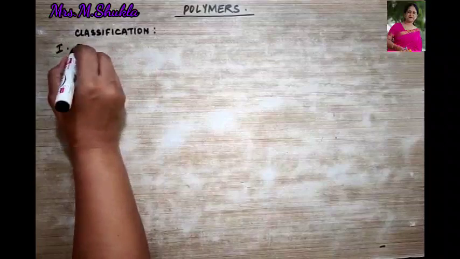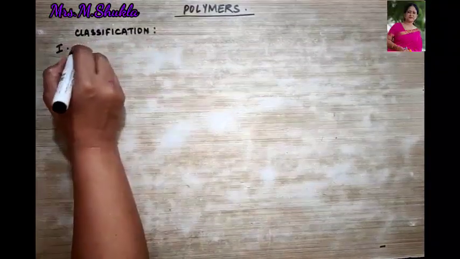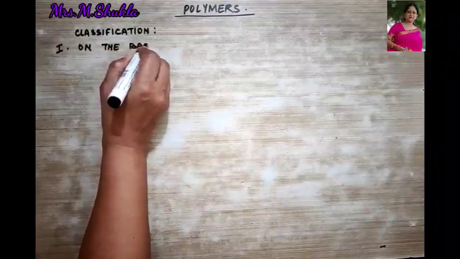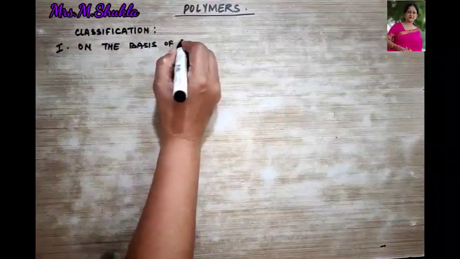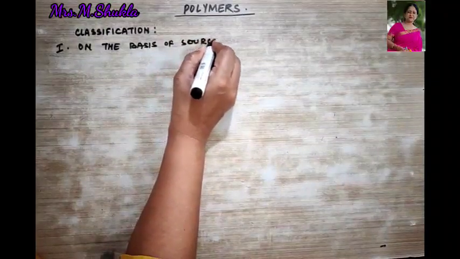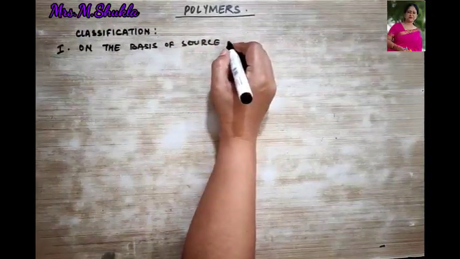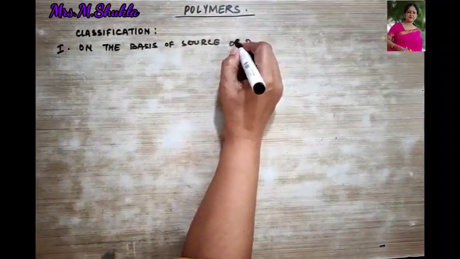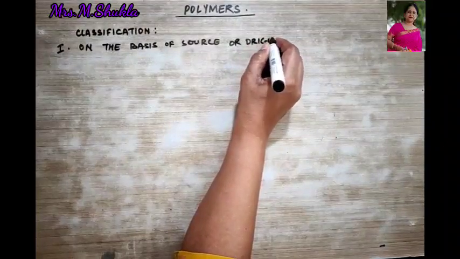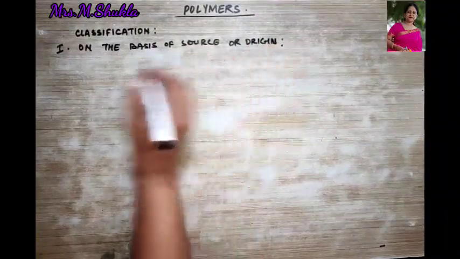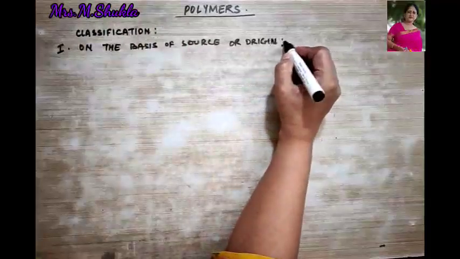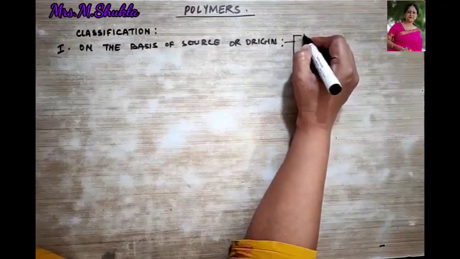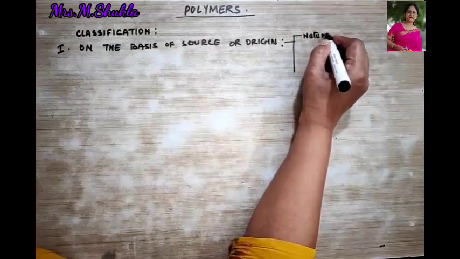So the first classification of the polymers is on the basis of source, or we can also say origin. On this basis, polymers can be divided into three types. What were they? They could be natural polymers,